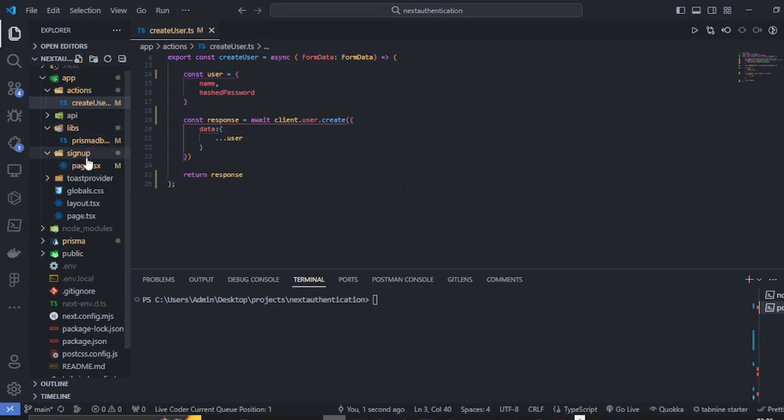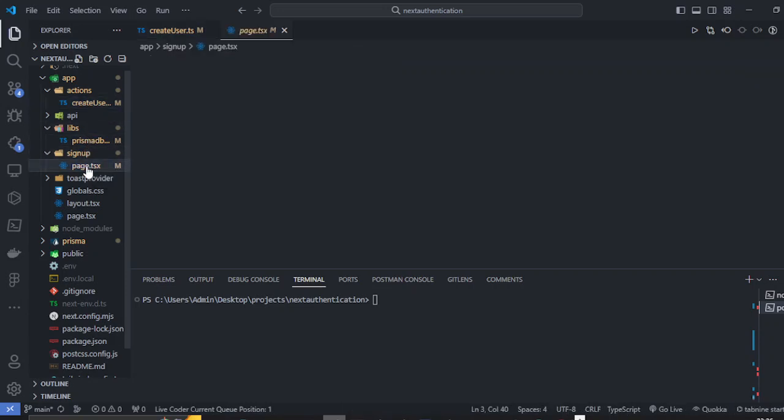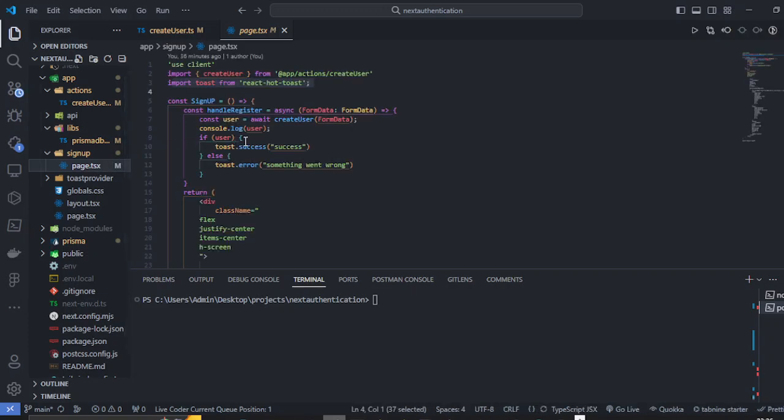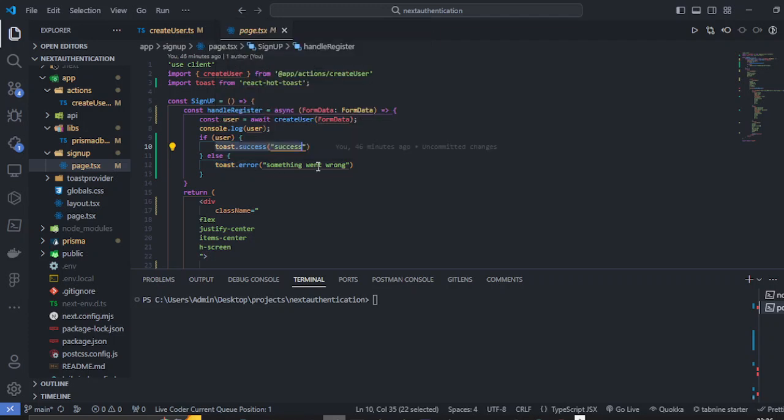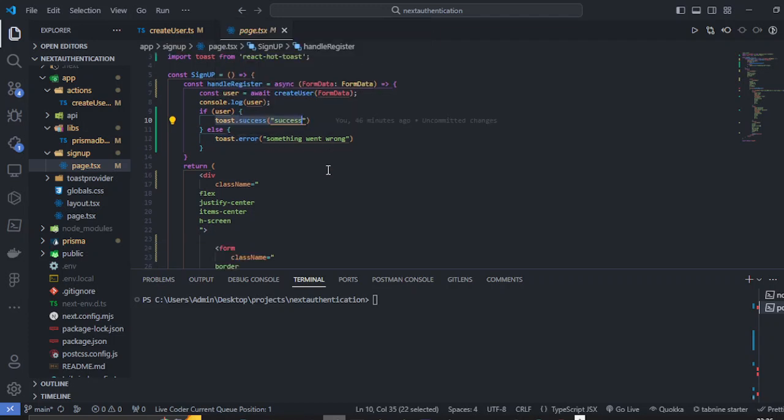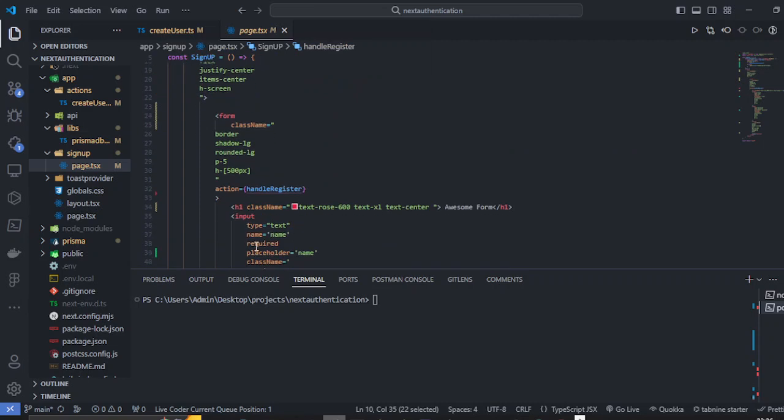Now how I did that inside here is if we had a user, which was just the response that we returned from this function, then if we have that user, then we just call toast.success and then just pass the success message, and then toast.error, if at all we had an error, we'd see something went wrong. And that's how simple it is to just integrate Prisma with